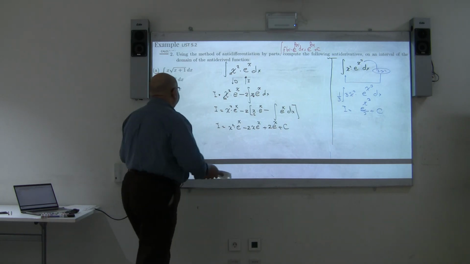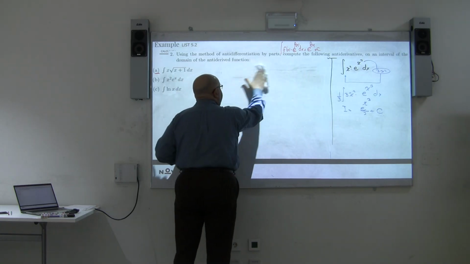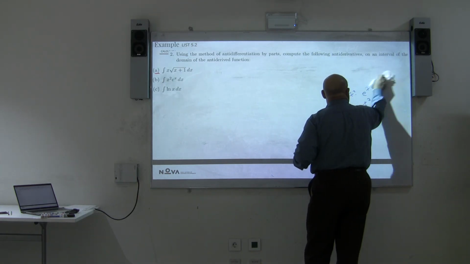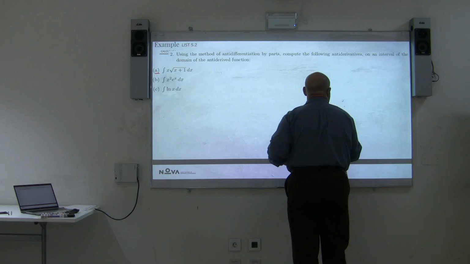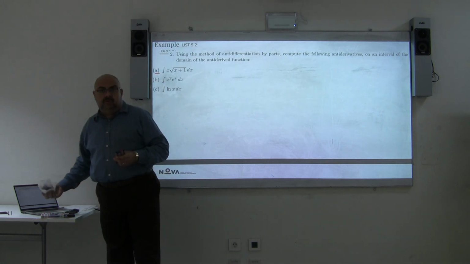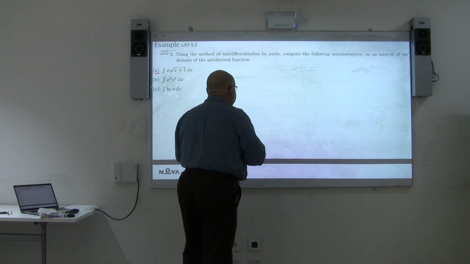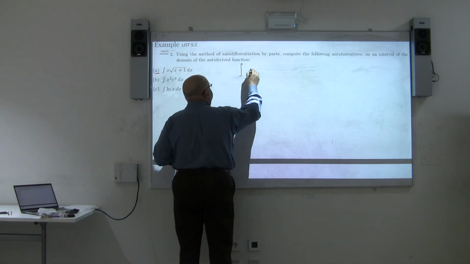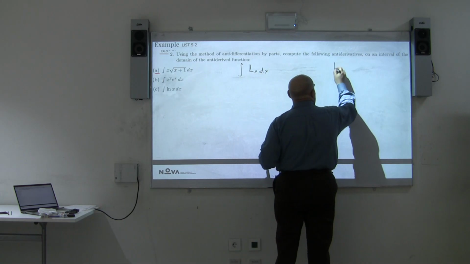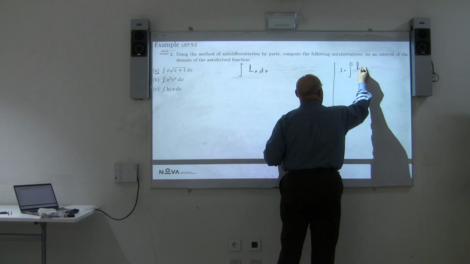The third case here is the integration of ln of x. And for the integration of ln of x, you are also not going to be able to integrate this function unless you have the derivative of the function already with you. If you don't have it, you are not going to be able to integrate. So, for example, once more I need to integrate, and this is one of the problems that we already solved in the last session. If I want to integrate ln of x, and if I want to integrate, for example,